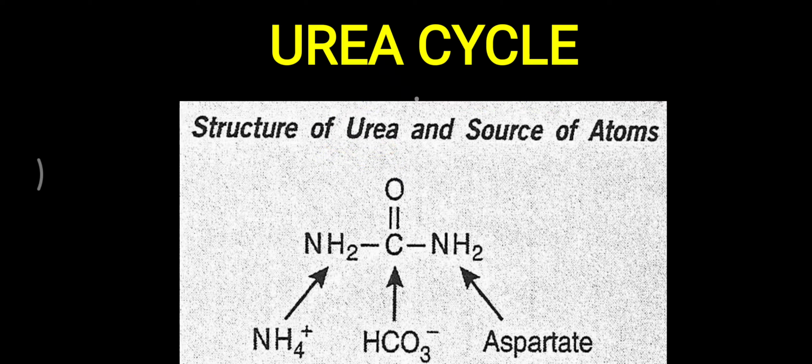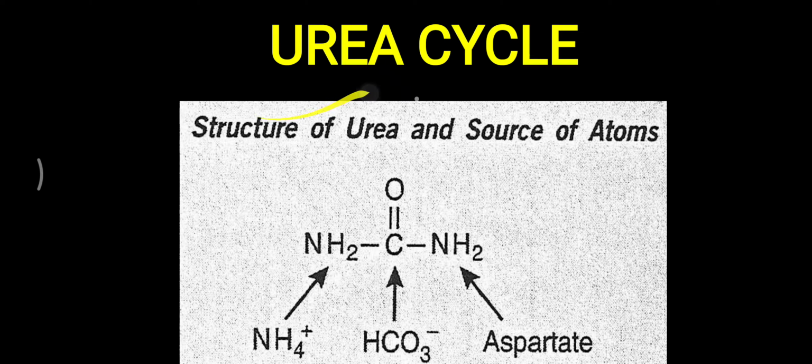In the structure of ammonia we know that it is NH3, but in the structure of urea you can see that there are 2 nitrogen atoms. Here is the structure of urea. Of these 2 nitrogen atoms, only one is derived from ammonia, while the other one is derived from aspartate, or aspartic acid amino acid. The CO group of this urea molecule is derived from carbon dioxide. So this urea cycle, which helps to form the urea molecule, we will look at in this video.